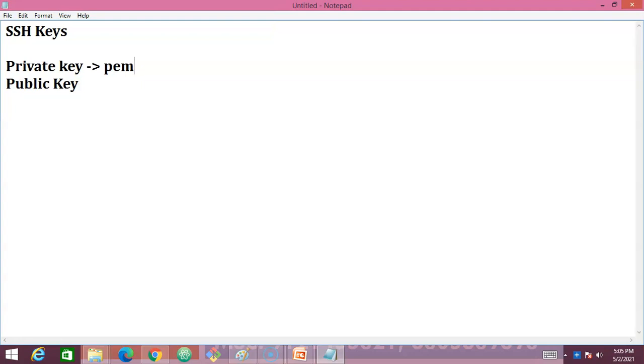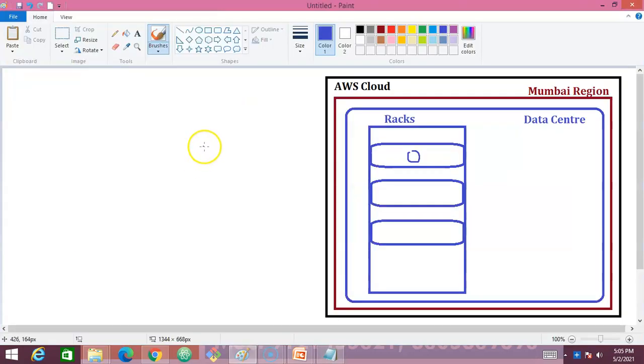It's very simple. If you look at this diagram, the moment you create a Linux server inside this region, AWS provides you the PEM key, and this PEM key is called a private key.